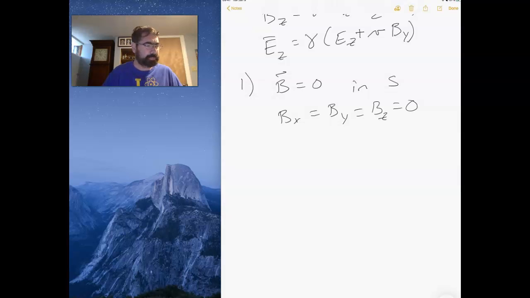Well, what we would find is that the B vector in the S bar frame would be gamma